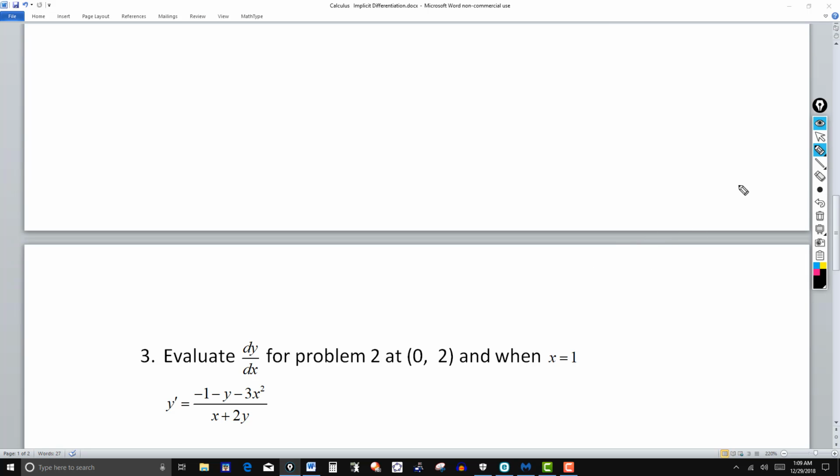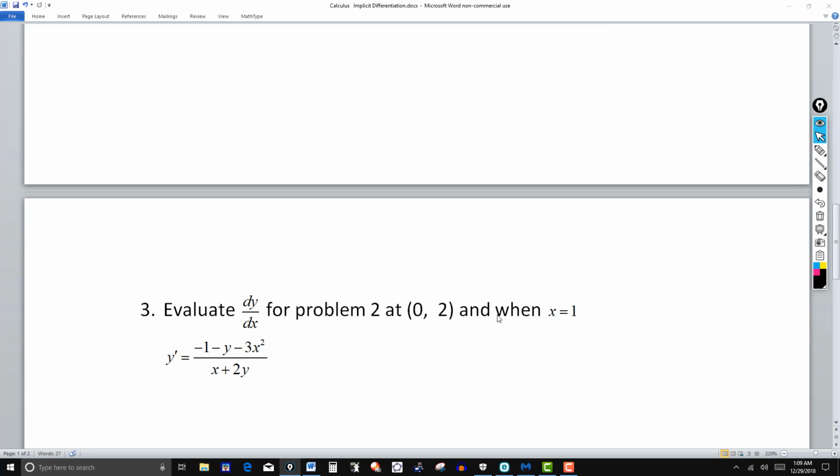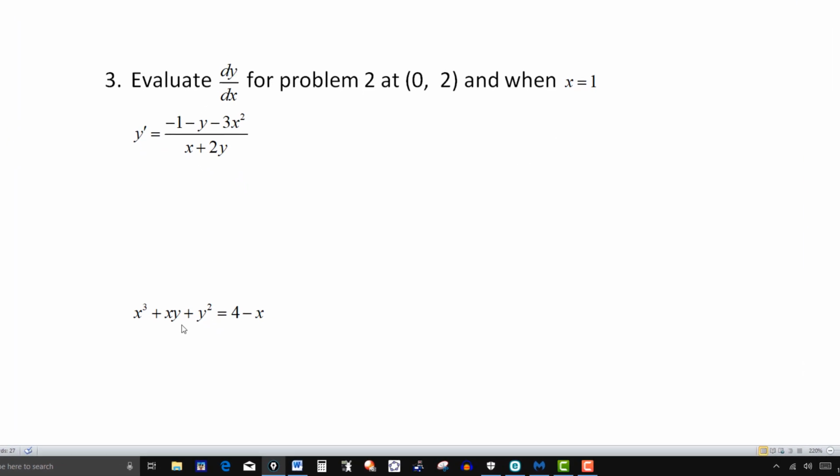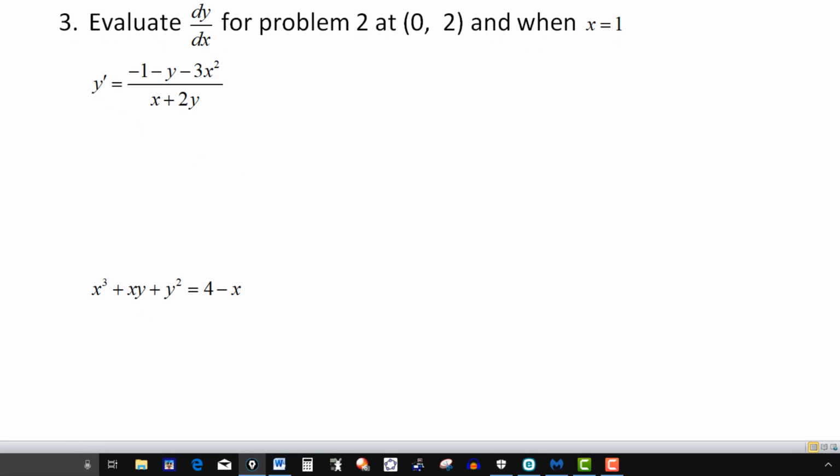Okay, so in other words, when x is equal to 1, we have to know the value of y. See, in the first part, they gave me the value of x and y. Here, they just tell me when x is equal to 1. So I have to find the value of y when x is equal to 1. So what I do then is I come back to the original expression, and where we have an x,